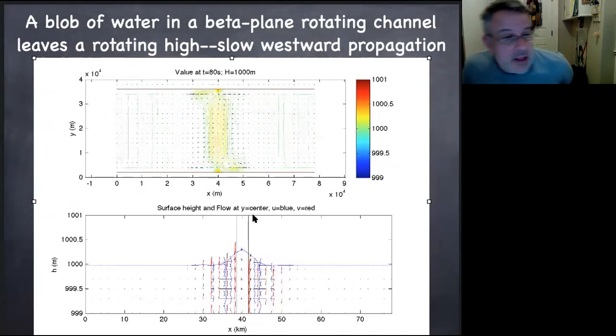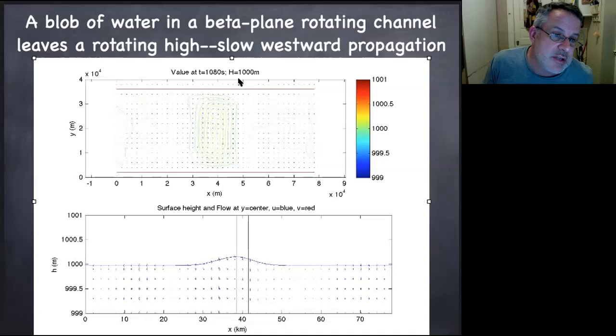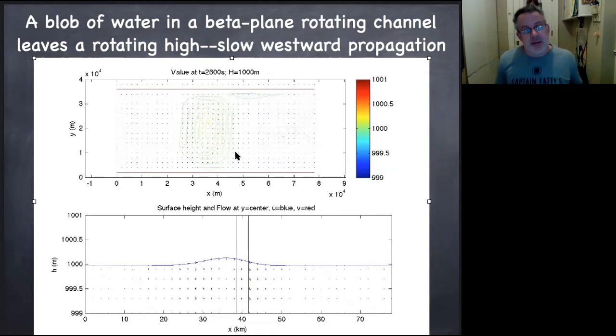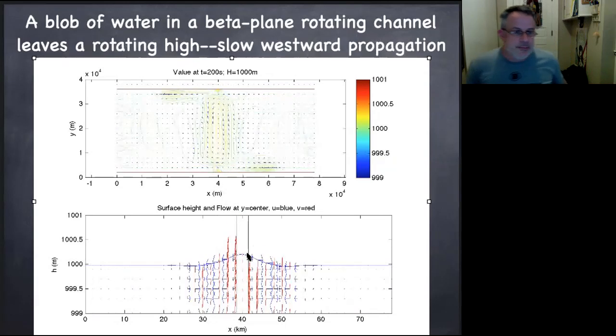But a Rossby wave is much, much slower than a Kelvin wave. You saw those Kelvin waves run away. This Rossby wave is primarily a geostrophic anomaly, like a sea surface high, a cyclone, or an anticyclone, sea surface high or sea surface low. But then it has a slow drift westward because of the beta effect.